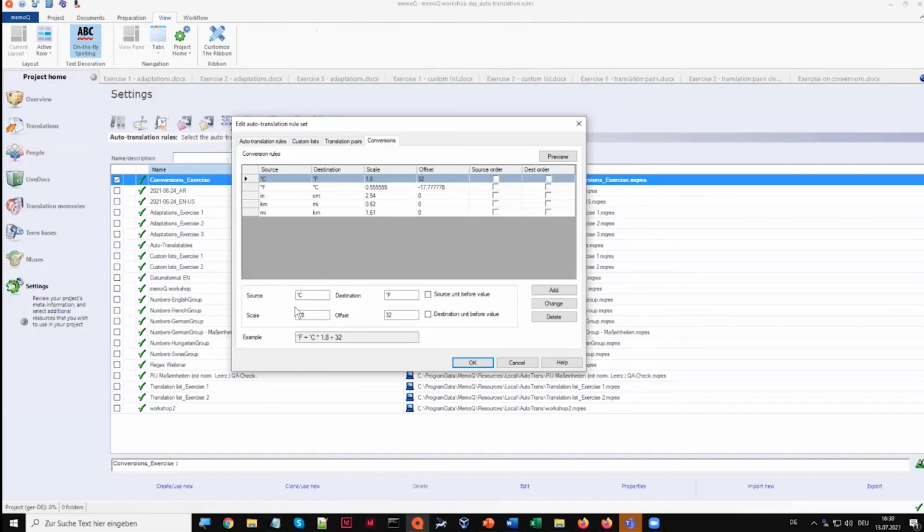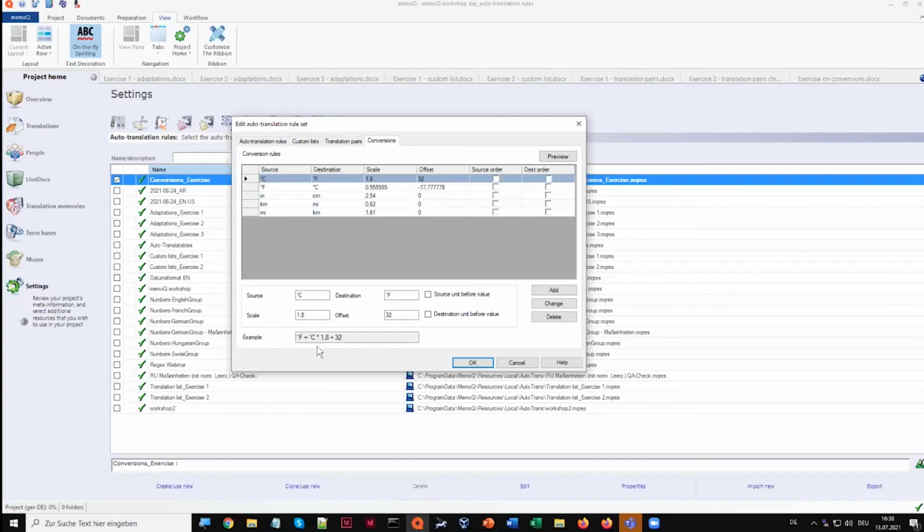So the source shows a degree symbol and the C for centigrade. In the translation, you then want to see the degree symbol and the F for Fahrenheit. And then you have the calculation of what you need to do to the number that you find that is associated with this symbol. So here you have the calculation that would then give you the number that's being suggested